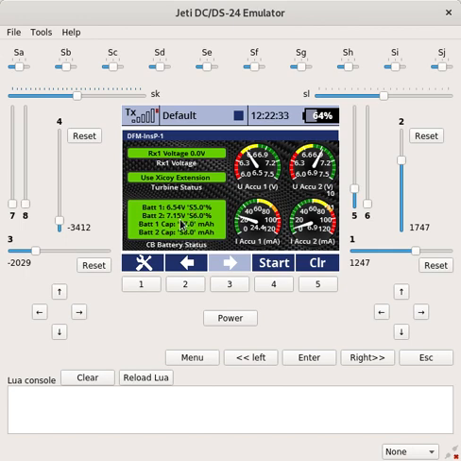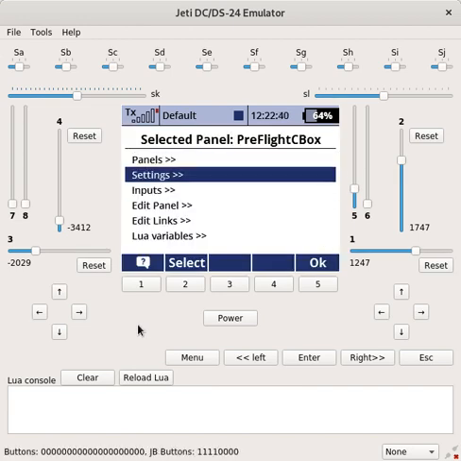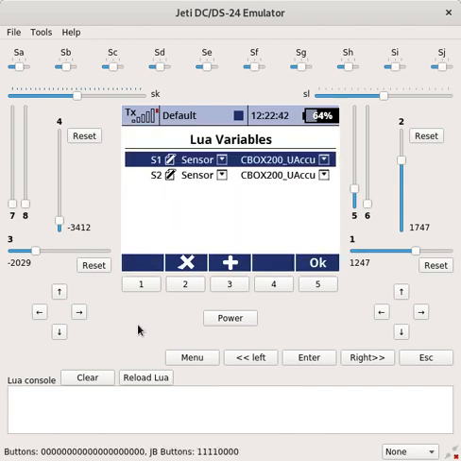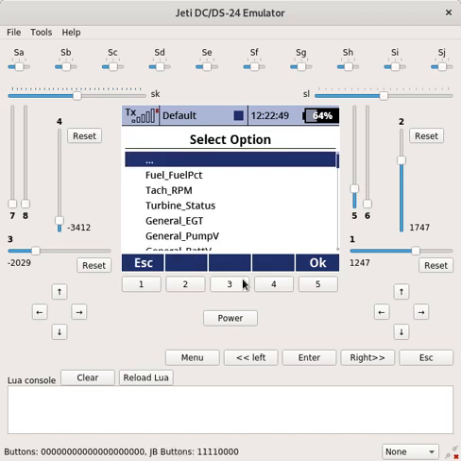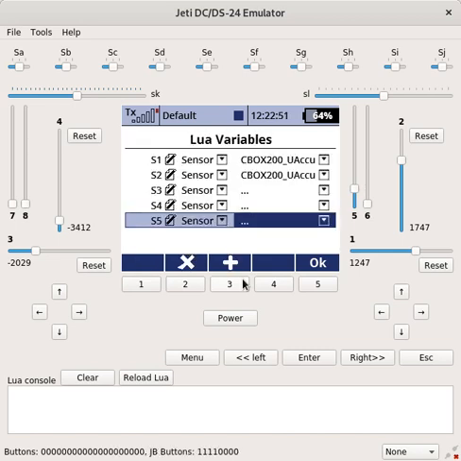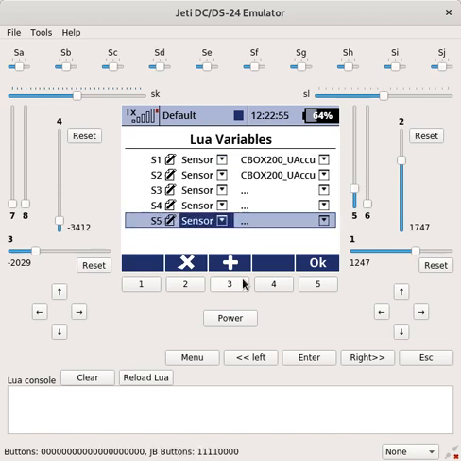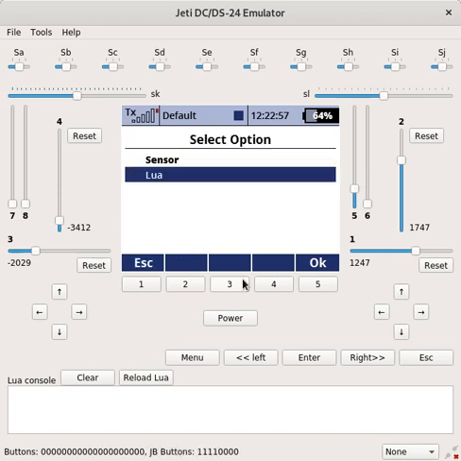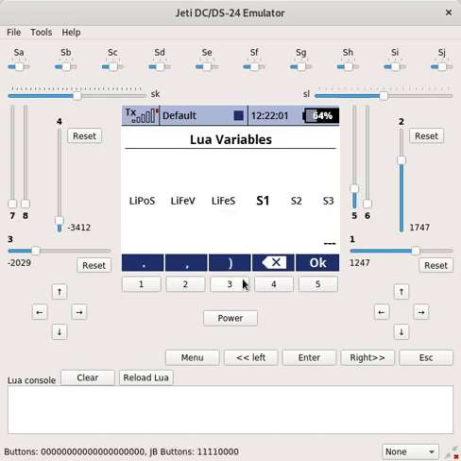Let's look at creating a Lua variable S5, which is going to be the percentage of charge. So let's go to Applications, Instrument Panel, Lua variables, and let's create all the way up to S5. We'll go down to S5, and we're going to make S5 not just a sensor, but a Lua expression. So we'll go back down to S5 here, we'll edit the Lua expression, and we'll say that this is going